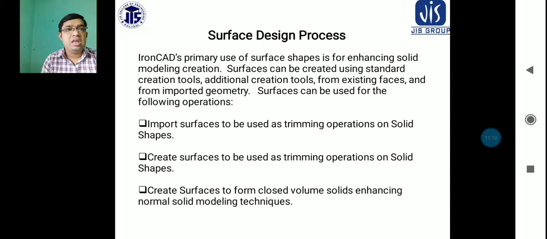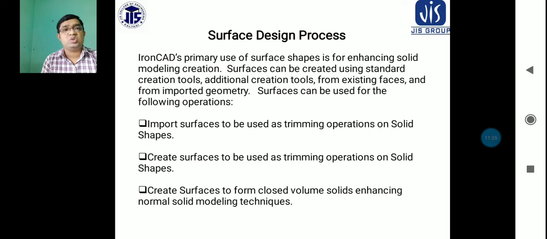The imported geometry comes into the surface design procedures from other sources. Surfaces can be used for the following operations: imported surfaces can be used for